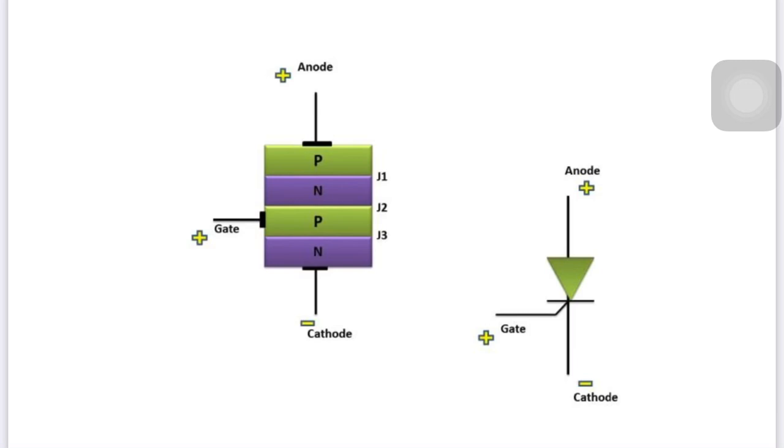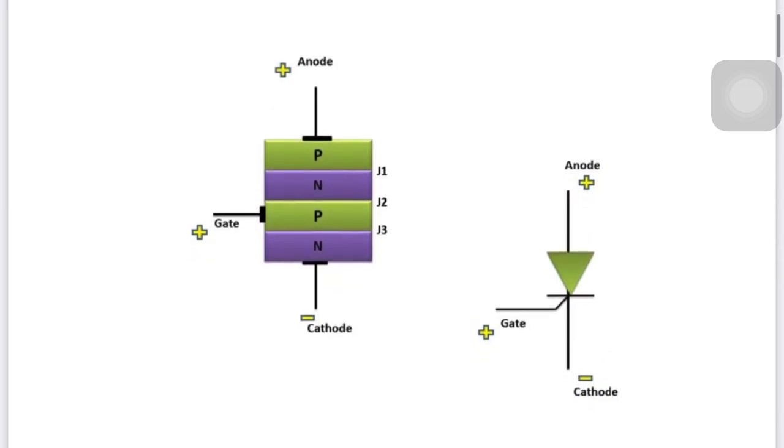But in such situations, if we further increase the anode to cathode reverse voltage, then what will happen? J1 and J2 will break down and the thyristor will conduct reversely. Actually, the property of a thyristor is that it can be turned on in the forward direction only. We are using a switching power semiconductor device to allow forward current only. If in reverse, an avalanche is produced, then what will happen? The thyristor may be damaged, and a short circuit current will flow, which will ultimately disconnect the supply.